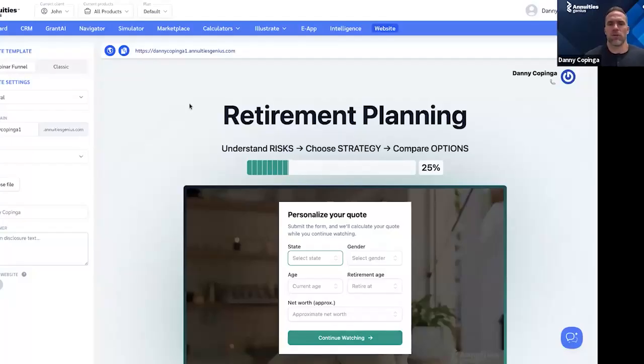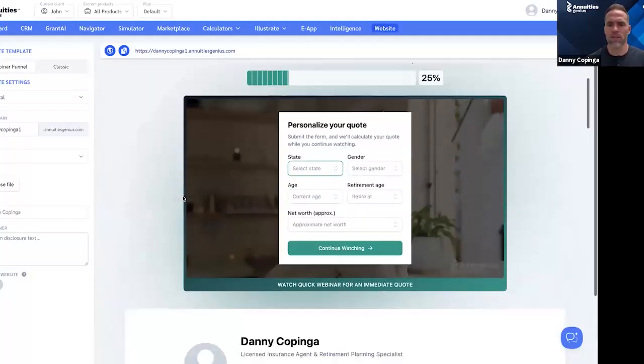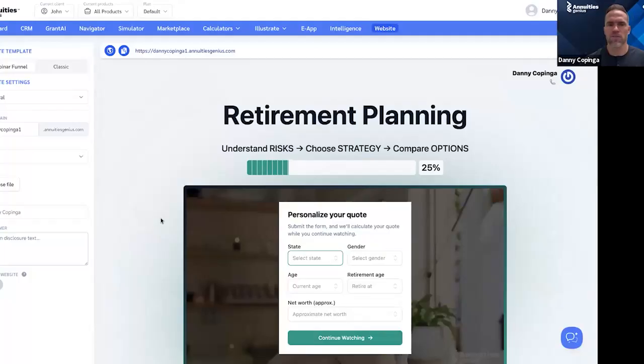And so it's a lot easier, but it is still a lot of work. This one is basically just an out of the box website that's provided to you as a value add to our service. If I come over here, I'm not going to spend a ton of time on this. I just like to point this out because we have had some advisors and agents have pretty good success in